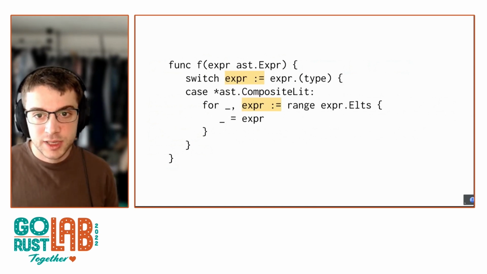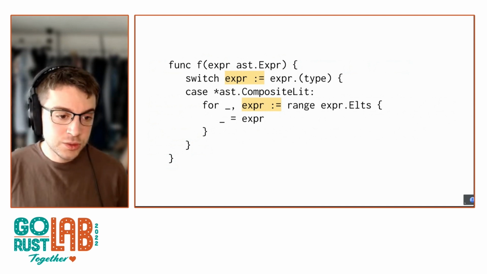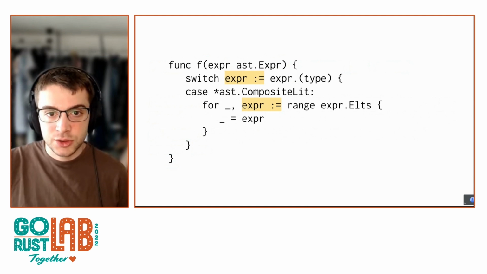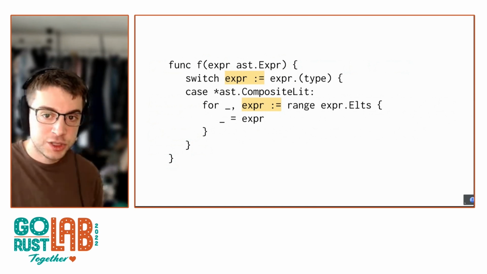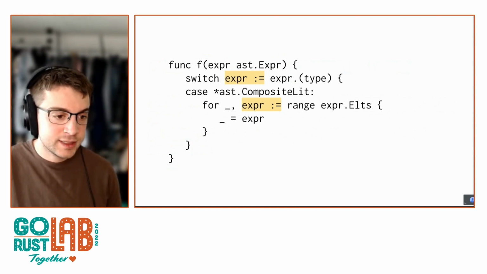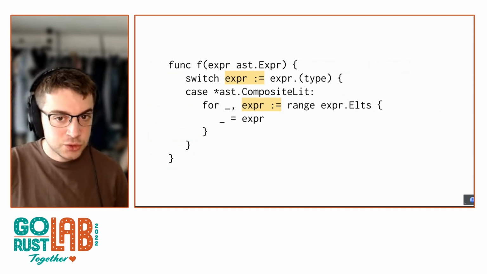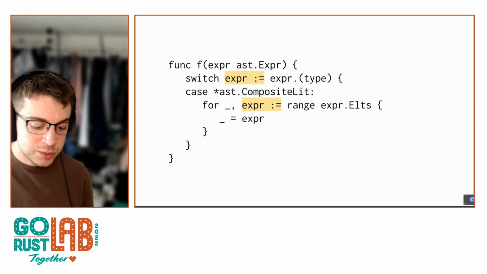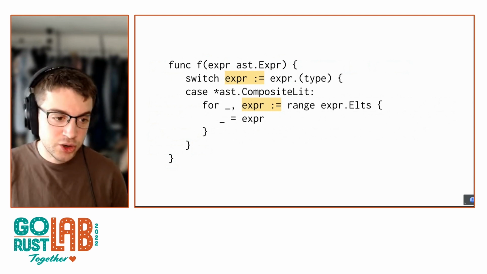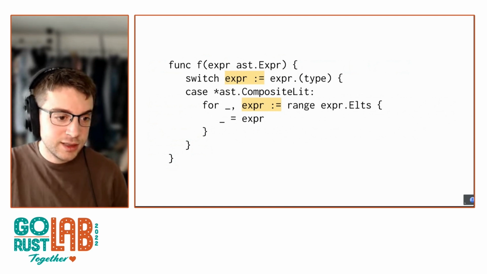So here's another example. When you look at the go/ast package, which is a syntax tree of Go source code, you have nodes that contain other nodes, right? So in this case, you have a function that takes an expression, and if that expression is a composite literal, it wants to range over the sub-expressions inside that composite literal. And I did this in a way that shadows twice. And this works perfectly fine if you only need one expression at a time, because it only keeps one expression in scope. So there's no chance of you using, for example, the parent expression when you meant the inner expression,